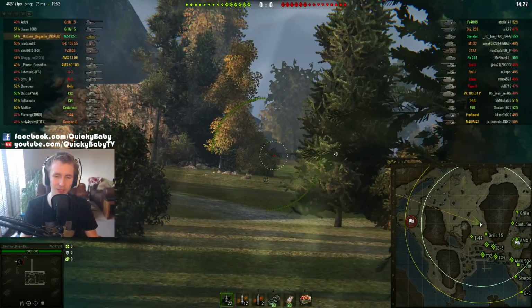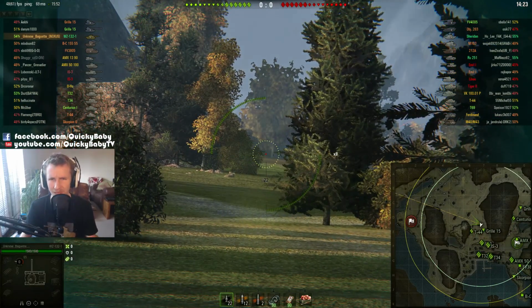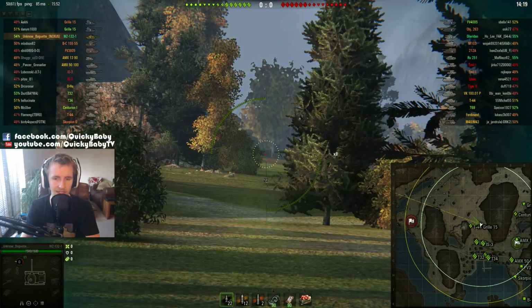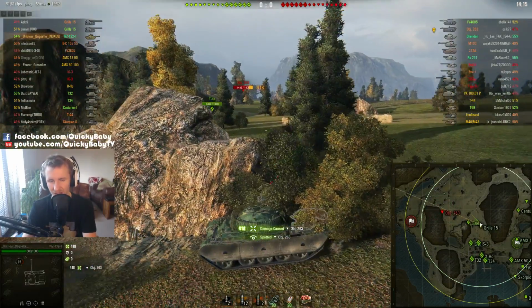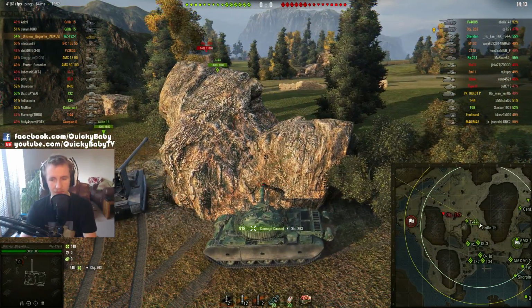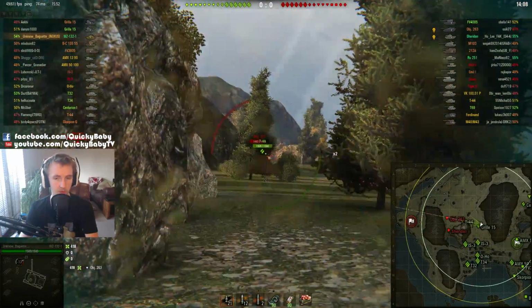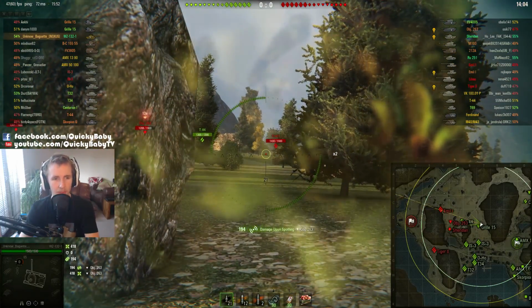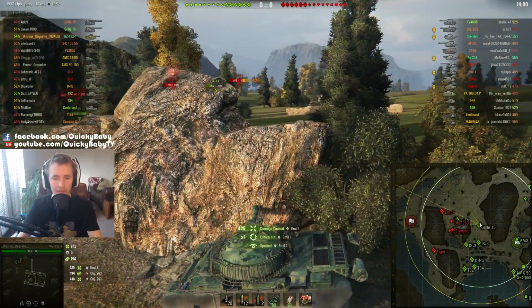Now, the WZ1321, the Tier 10 Chinese light tank, what is special about it? Well, it's a really big step up from the WZ132A, which is the Tier 9 Chinese light, which I'm currently working my way through, and really I'm not having the best time with the WZ132A. It feels like I enjoyed the old WZ132 when it was at Tier 8 more, even though it got that worst matchup. But the 1321, when I've been looking at the statistics of this vehicle, it's just a really big